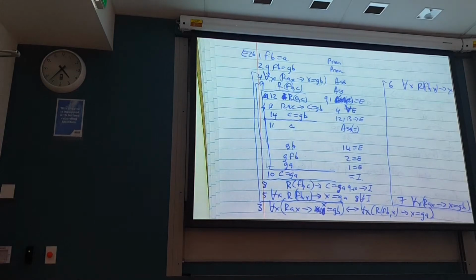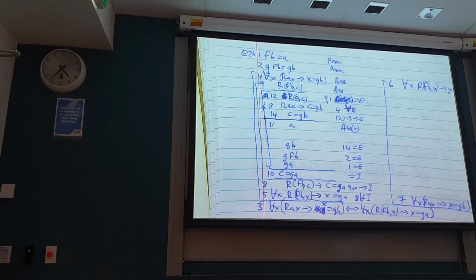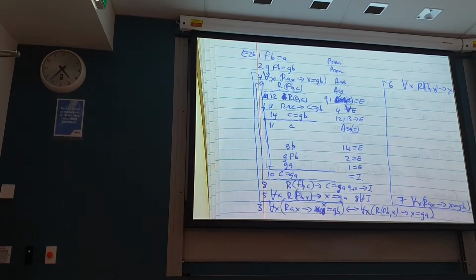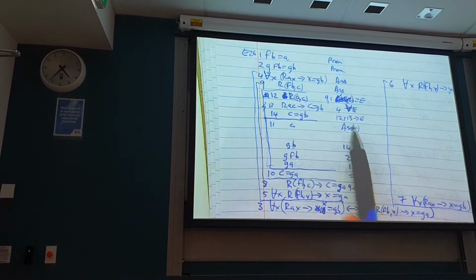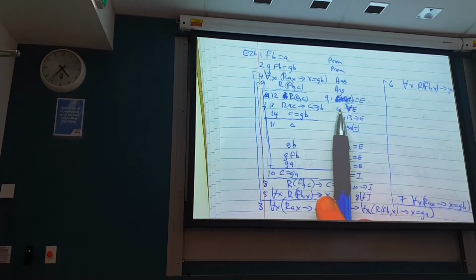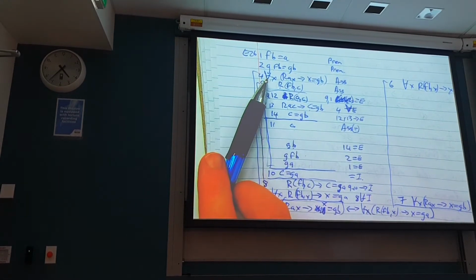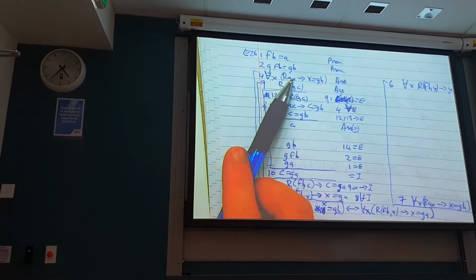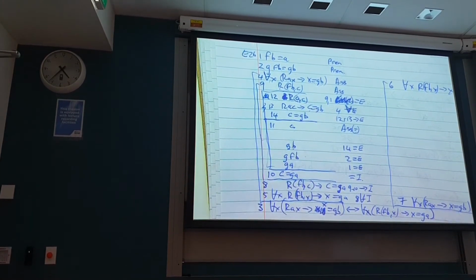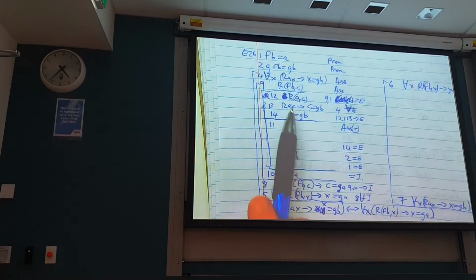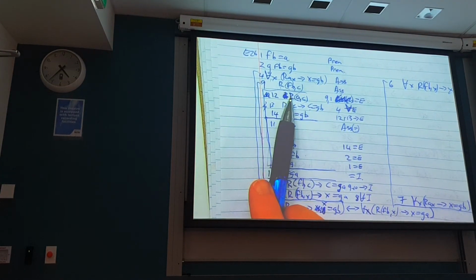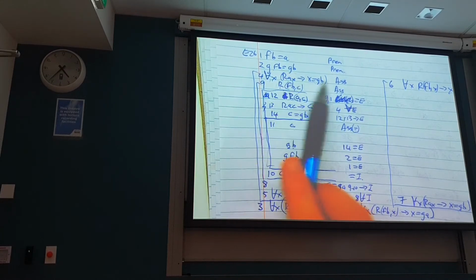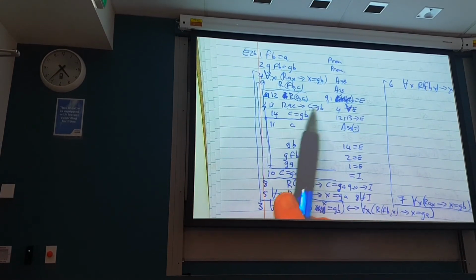There's a place I'm stuck. It's at the 12, 13. I can't get 13 from 12. How do you get 13? You get 13 from 4, so universal elimination. 4 says 4, so we're just changing the X to a C. And what does 12 do? 12 gives you RAC. We got that from 9, and I did that so that I actually got to have something to go into here. That's why I did 13, so if I can get